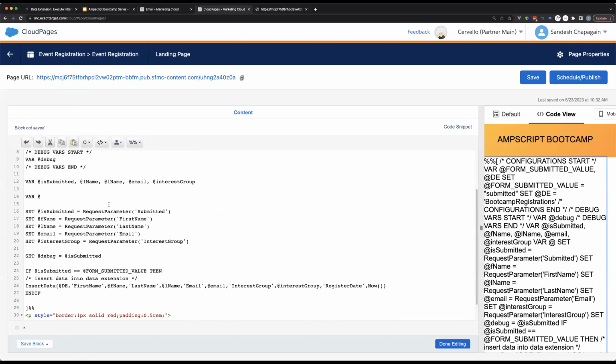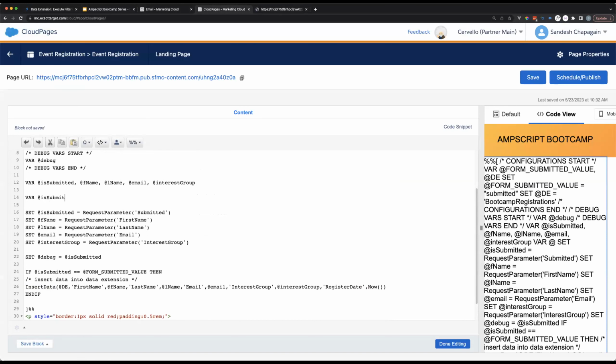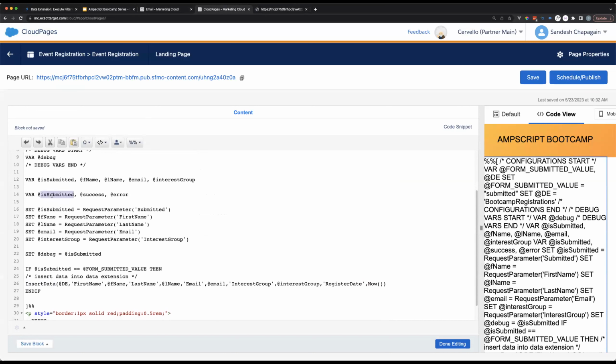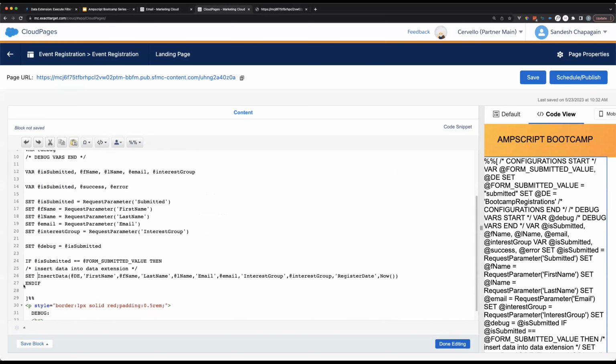Let's set up a variable here called is submitted, and another one called success, and another called error. So is submitted holds a Boolean that will be either 1 or 0, depending on if insert data successfully inserted the data. So let's set that down here.